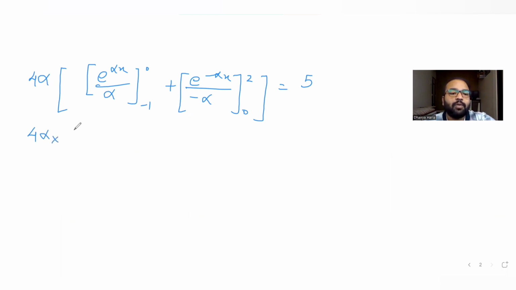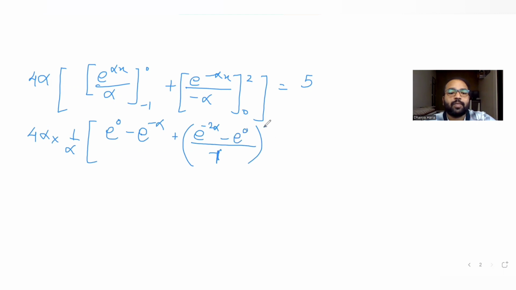So I'll take that common, 1 by alpha is common. If I apply the limits now, it becomes e raised to alpha into 0, which is 0, minus e raised to minus alpha. I have taken alpha common from both of these terms, but the minus sign remains, so minus 1 is left in the denominator. And here also, if I take these limits, it becomes e raised to minus 2 alpha minus e raised to 0. That's equal to